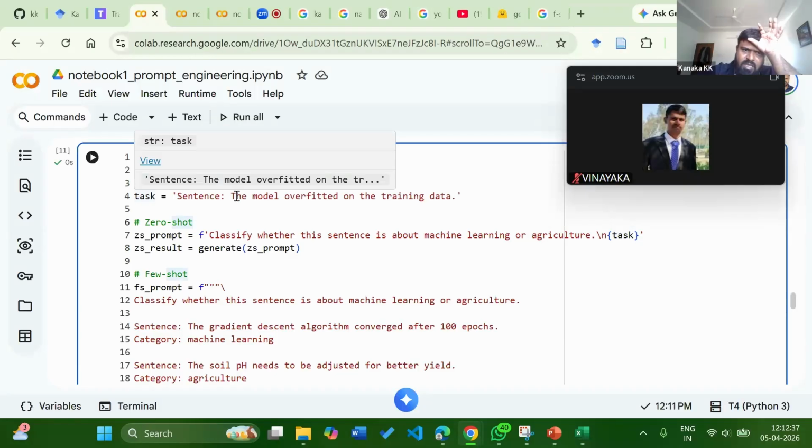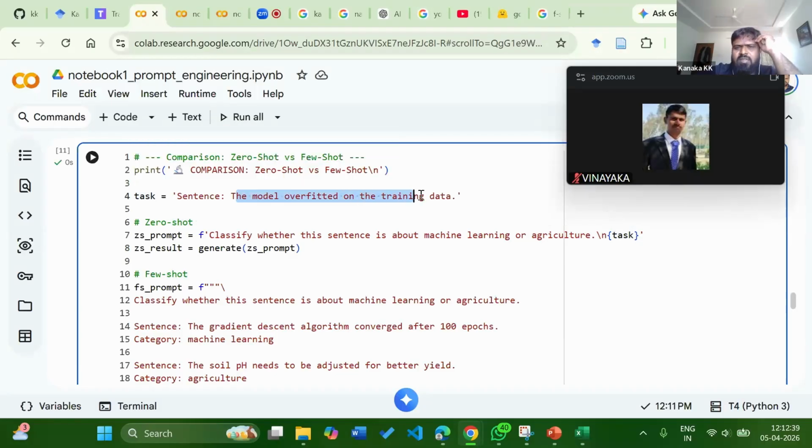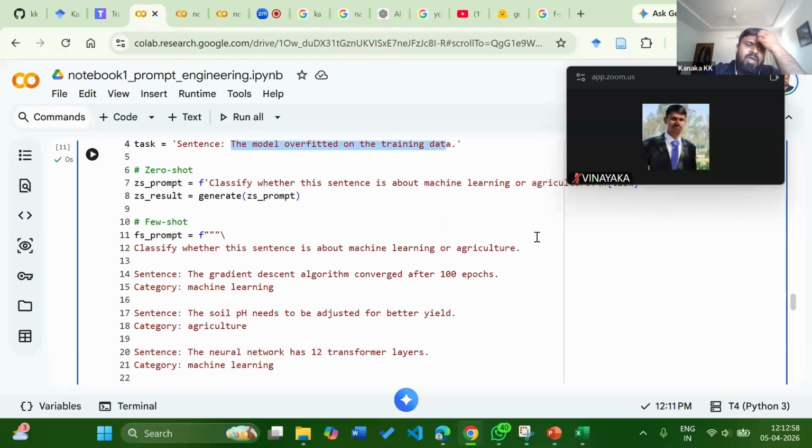The task says the model overfitted on the training data. So see, this is a task, and we know that this is something related to machine learning. This is not something related to agriculture generally, right? Now we will see whether zero-shot answering will predict whether it is machine learning or agriculture. And also